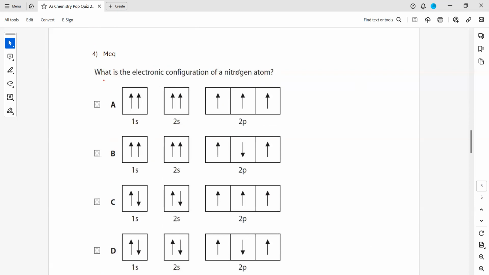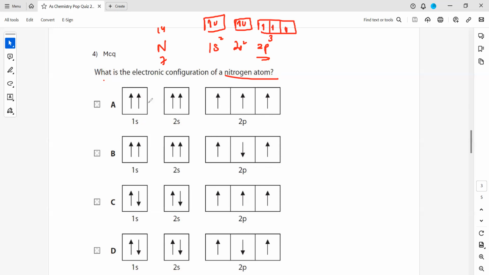What is the electronic structure of a nitrogen atom? So nitrogen, we have 7 and 14. The configuration is 1s2, 2s2, 2p3. So in the electron in a box model, first 1s, one clockwise, one anticlockwise, then 2s, and then 2p will have 2px, 2py, and 2pz. First they will occupy singly and then they will pair up.